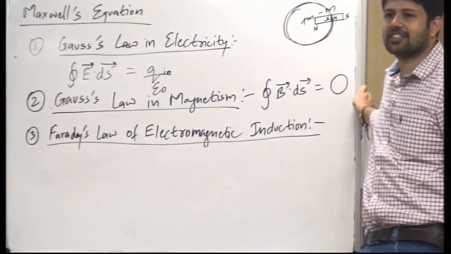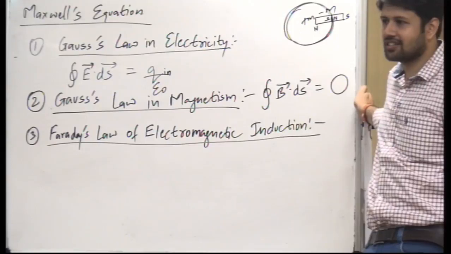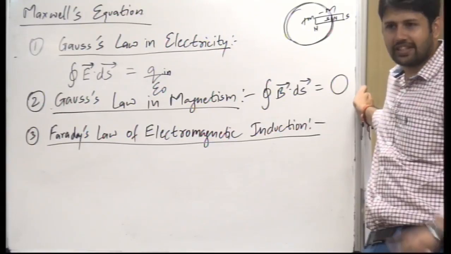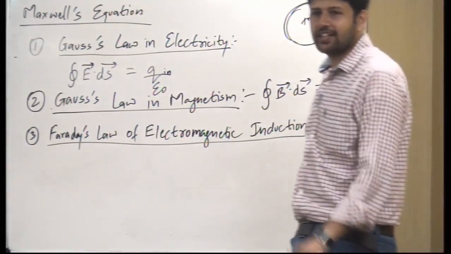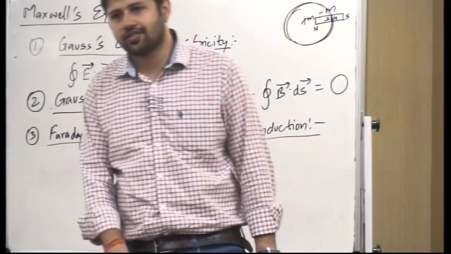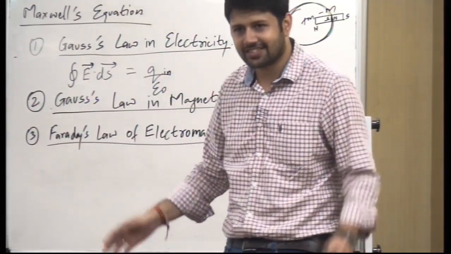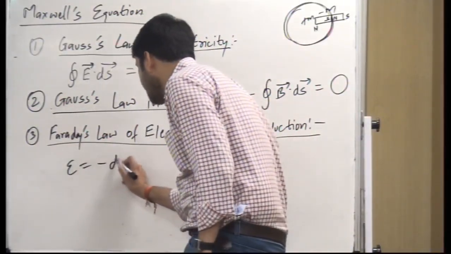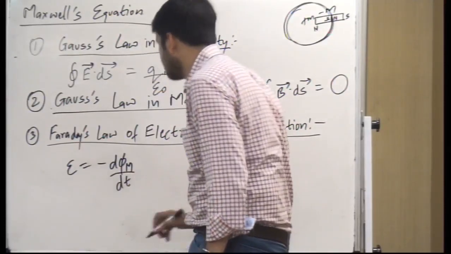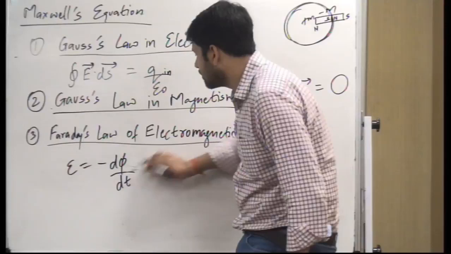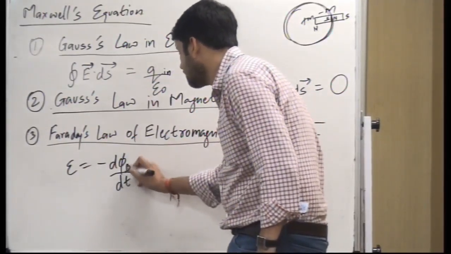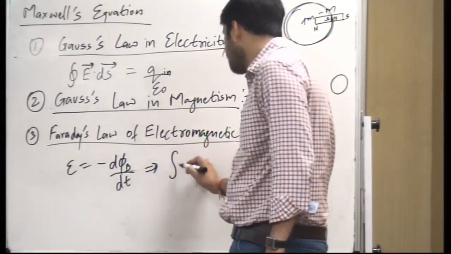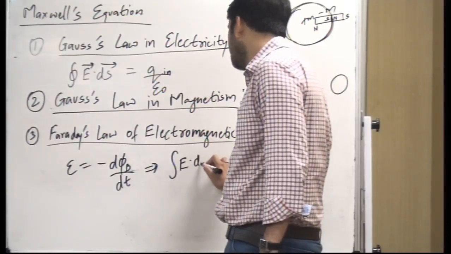Whenever flux through a surface changes, an EMF is induced in it. Okay? That was Lenz's, though. And the induced EMF is directly proportional to the rate of change of magnetic flux, not electric flux. So he said that induced EMF is minus d phi m by dt, rather d phi B, because we use B for magnetic field. So minus d phi B by dt. This is EMF. I can write it as